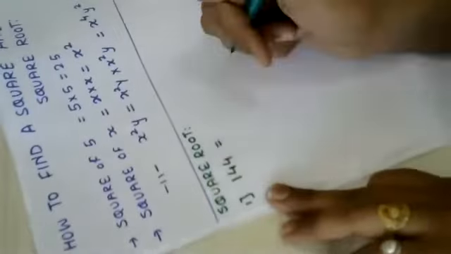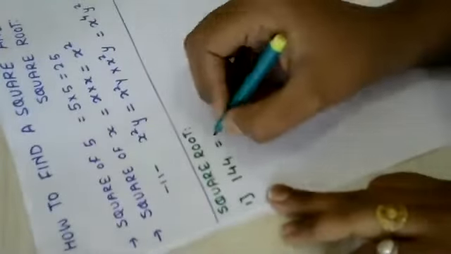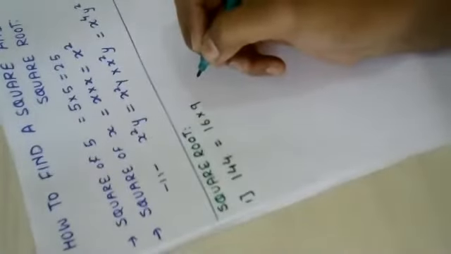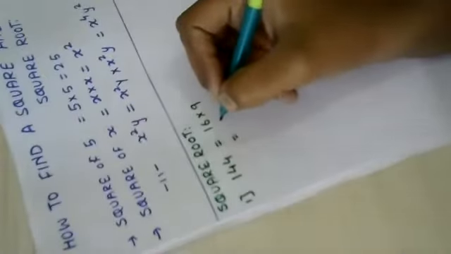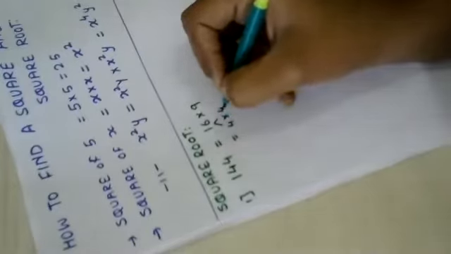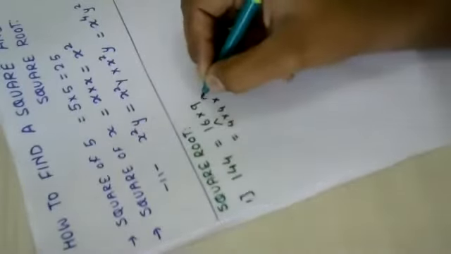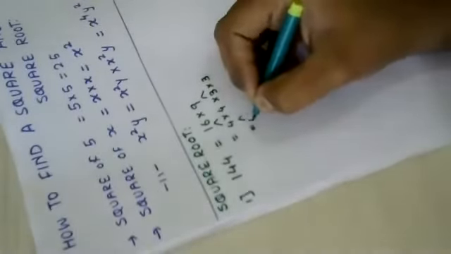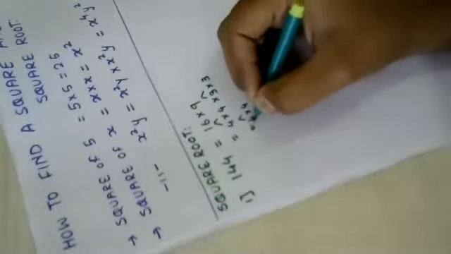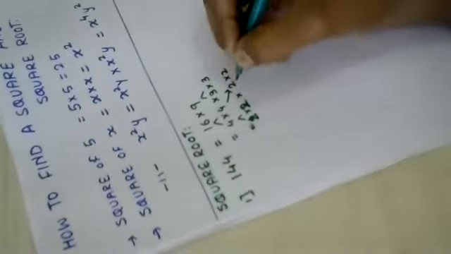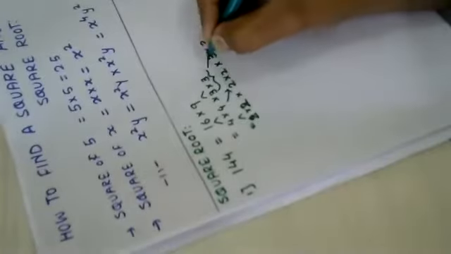Now find the factors of this. So we know 16 nines are 144, which is nothing but equal to 16, which I can split up into 4 multiplied by 4, and 9, which I can split up into 3 multiplied by 3. Further it can be divisible, yes. This 4 also can be split up into 2 multiplied by 2, and this 3 multiplied by 3 will come down as it is.